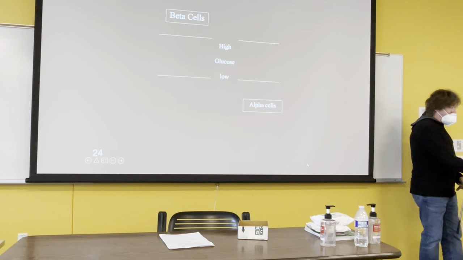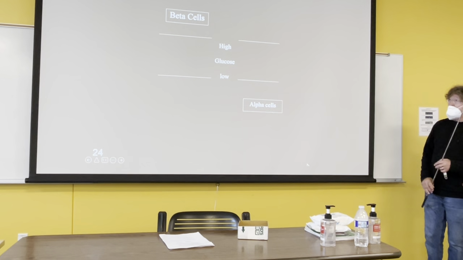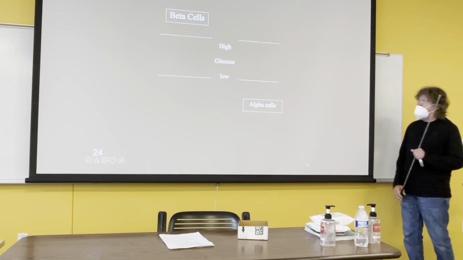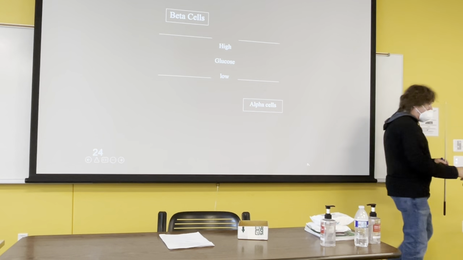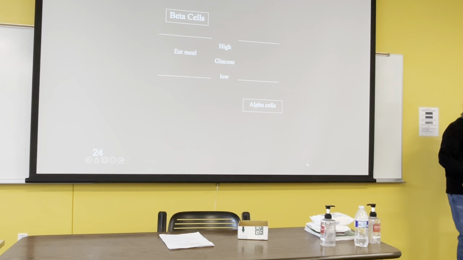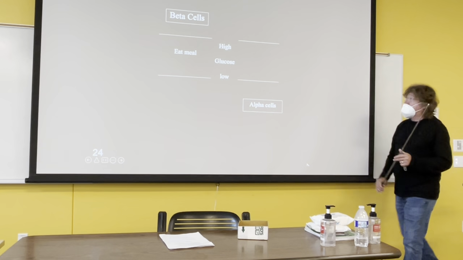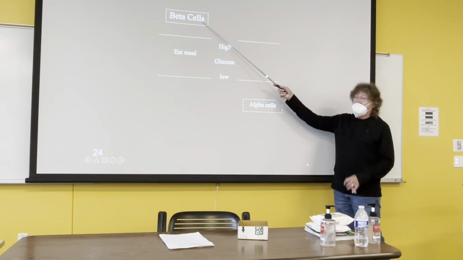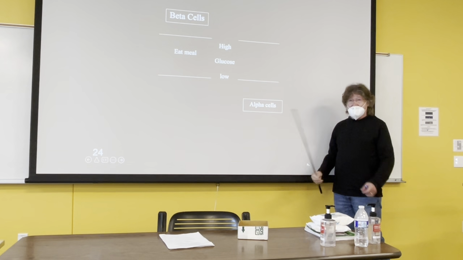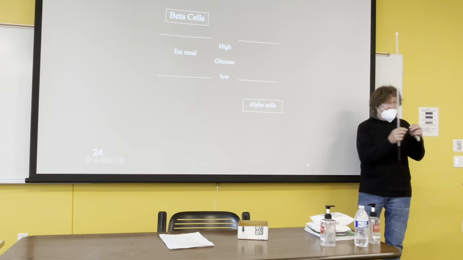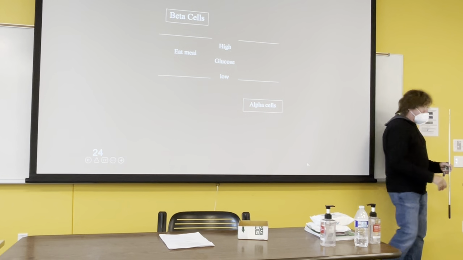Another antagonistic pair of hormones. This time it's in the pancreas, the islets of Langerhans. They have 2 different types of clusters of cells, called beta cells and alpha cells, and they're scattered together within these islets of Langerhans tissues.